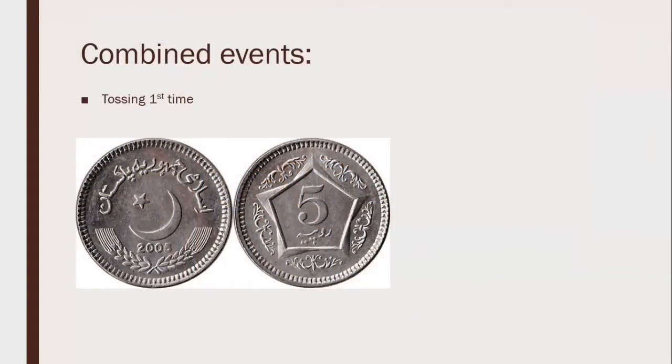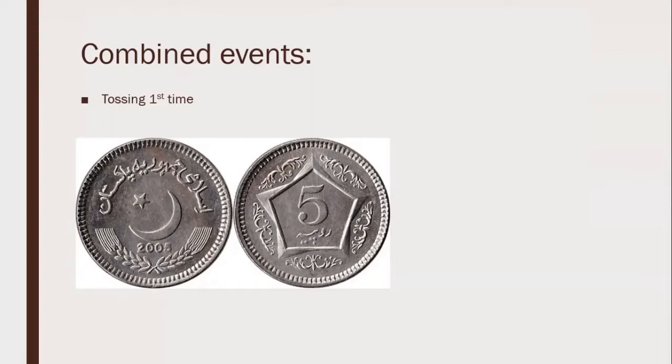The probabilities that we have done up till now are for single events. Now we need to do the probabilities of combined events. They were single events. We were choosing only one event out of a set of outcomes from the sample space, and that's how we were getting it, and it was very simple. Now the concept of combined events is a little bit difficult.